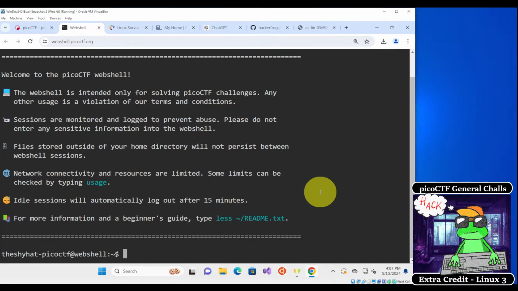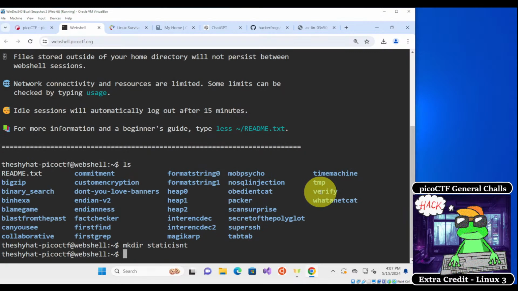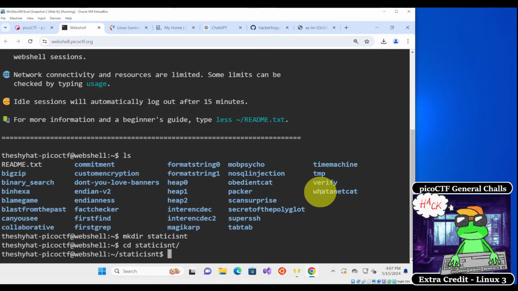And what we want to do is we want to create an environment for this particular challenge. So if I do ls, I see that I have a bunch of different directories for different challenges, and I'm going to make one for this challenge as well. So this one I will do make directory to create the directory, and I'll call this one static isn't, just to make it a little bit shorter. So make dir static isn't, and then I will enter that directory with the cd command,